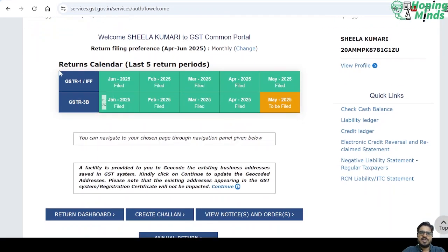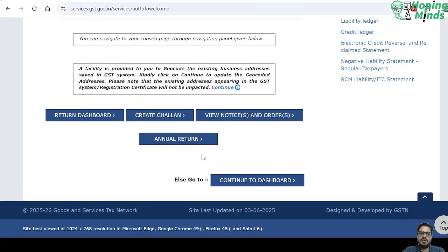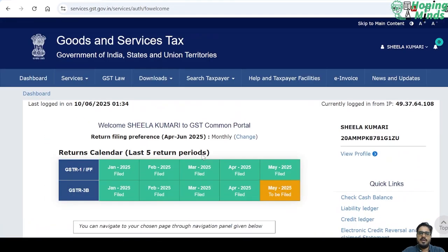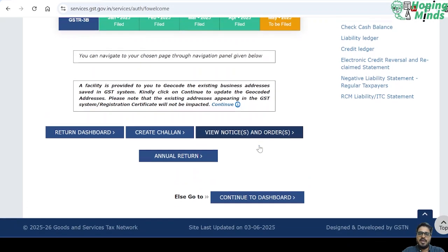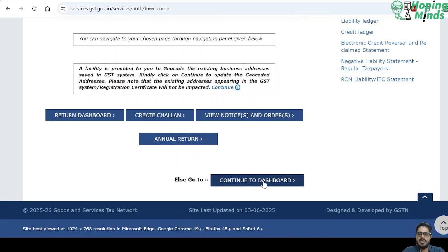Okay, so this is the return calendar for the last 5 return periods. At the home page, we have the option of moving into the return dashboard or create challan and view notices or orders, or we can proceed to the annual return directly from here only. If we continue to the dashboard,